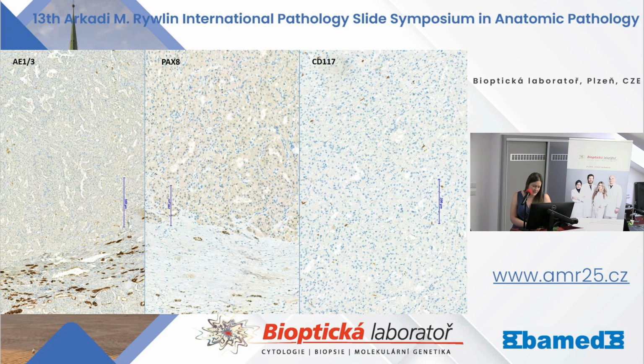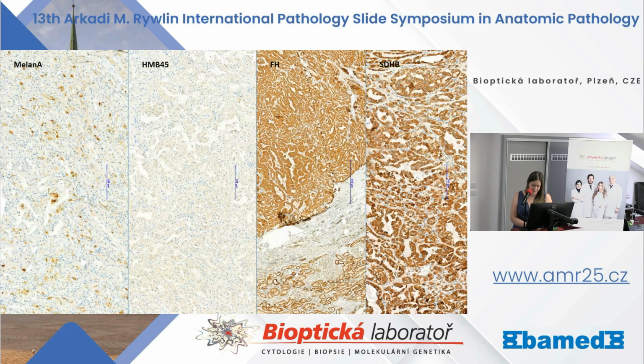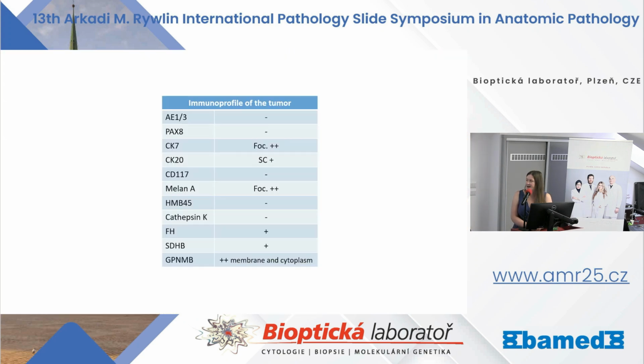You can see the positive internal control in the renal parenchyma, and CD117 again is negative, again with beautiful internal control in mast cells. So from this immunohistochemistry, I'm going straightforward to my next immunostains which I employed. So melan A focally positive, HMB negative, and retained expression of FH and SDHB. So from this, when we summarize the morphology together with immunohistochemistry, I'm going to one special test, and this is